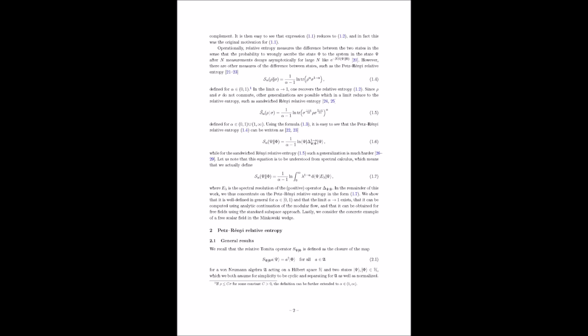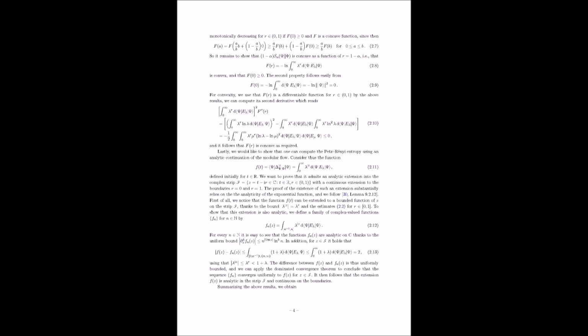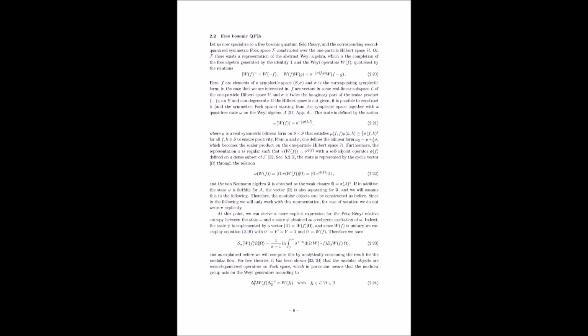Remember, the two-point function captures the correlations between the field at different points in spacetime. It's like a map of the interconnectedness of the field. So they're showing how this map changes when we apply the modular operator, which is essentially equivalent to performing a boost. Precisely. Now, here's where the analytic continuation trick comes into play. They analytically continue this transformed two-point function to a complex domain. I'm picturing us taking that map of the quantum field and extending it beyond the usual boundaries of spacetime. That's a good way to think about it.